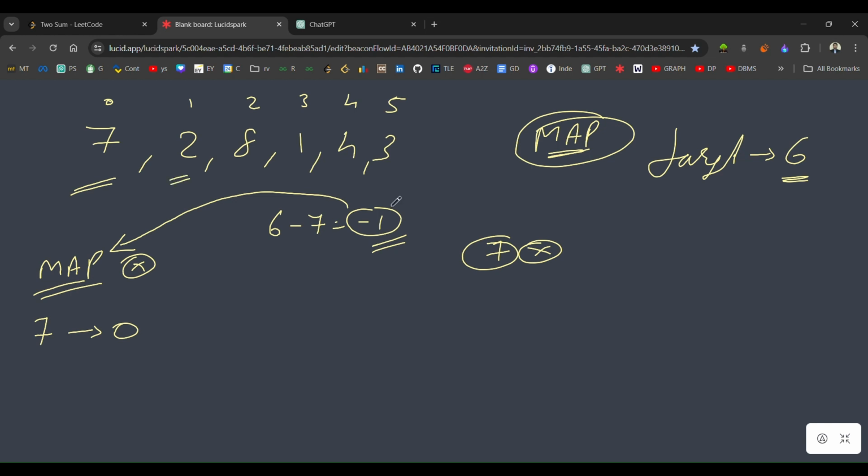Now 2 will be coming, right? So in order to form a pair with 2, I need 6 minus 2, that is, I need 4. So I will be checking whether 4 is there in the map or not. Is it there? 7 is there, but 4 is not there. That means 2 cannot form a pair, right? So let's insert this 2 with the index 1